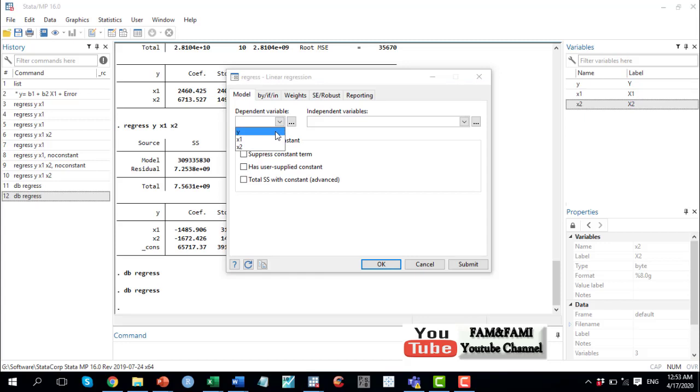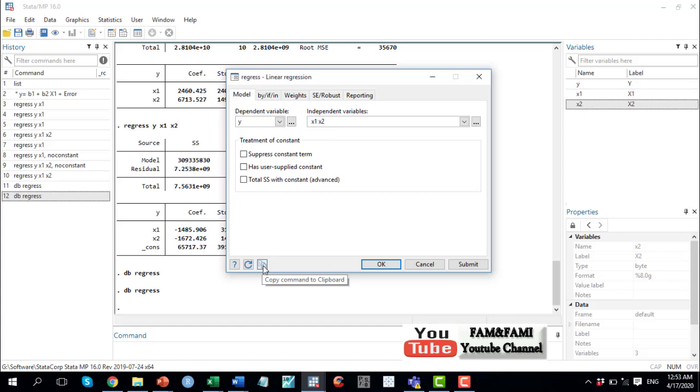I'm clicking one more time the dependent variable y and then the independent variables x1 and x2. By the way, this third option is copy command to the clipboard. If you want to copy this command, you can simply click on this.